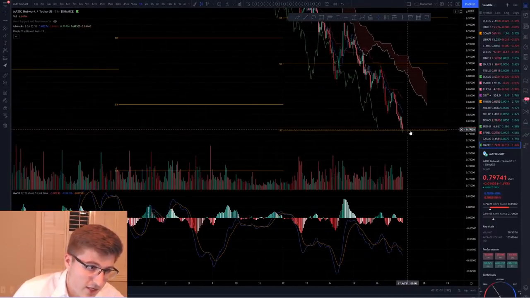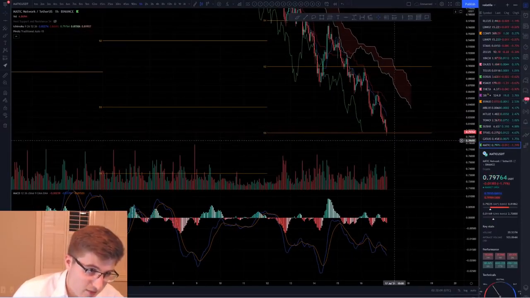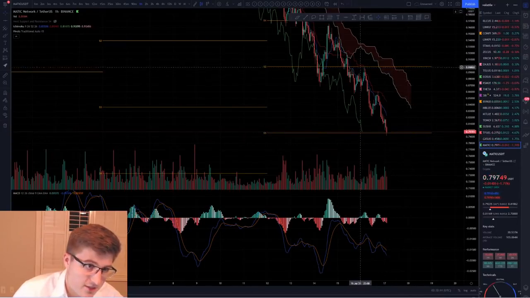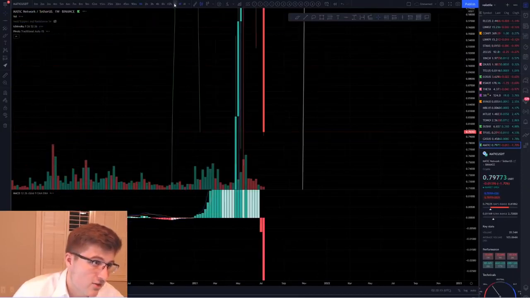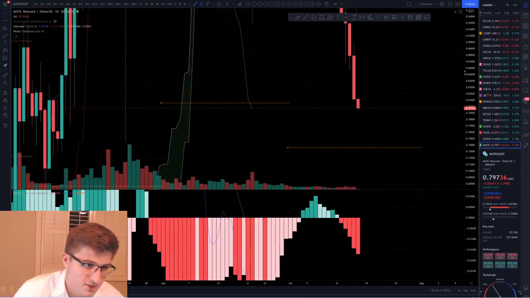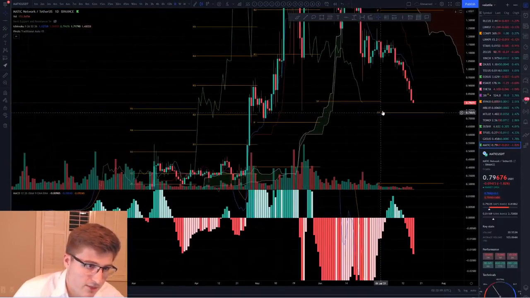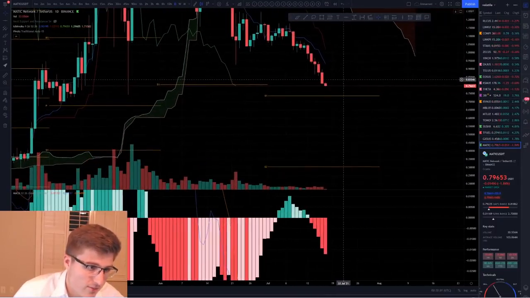If we do break through this, expect price to come back up and retest like we saw here, and then a move to the downside. This is a shorter time frame though. Let's look at it on the longer time frame and do some long-term speculation. But yeah, we're looking pretty bearish on the long term. Things do not look good.